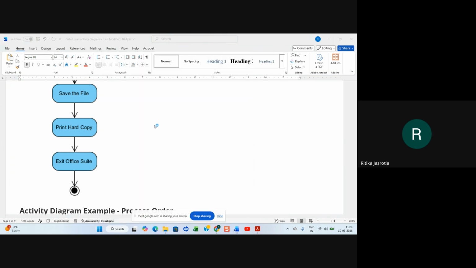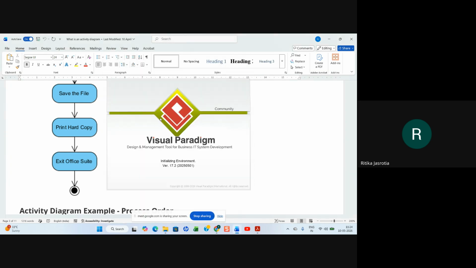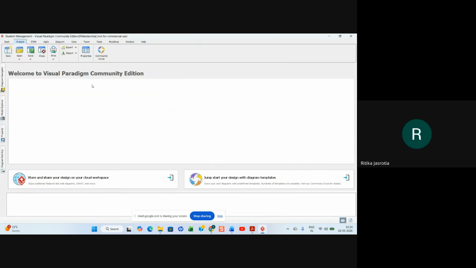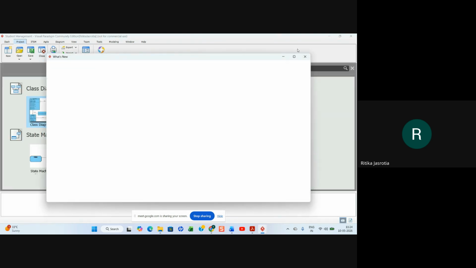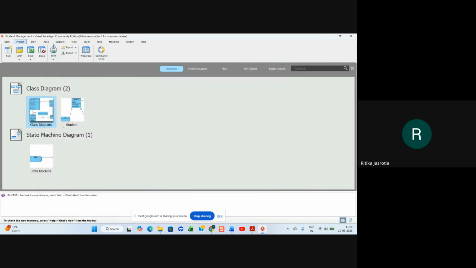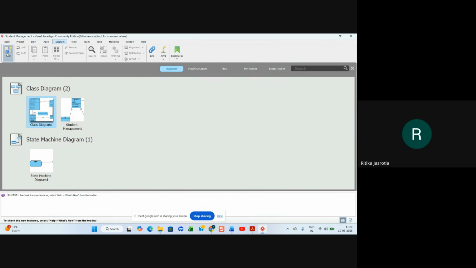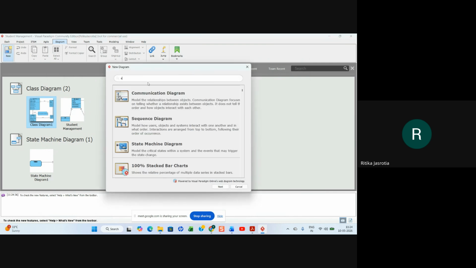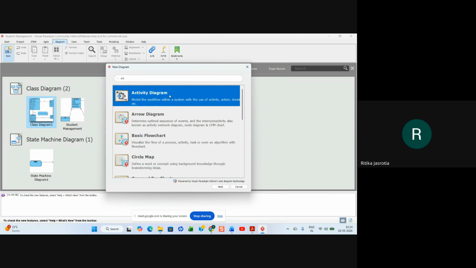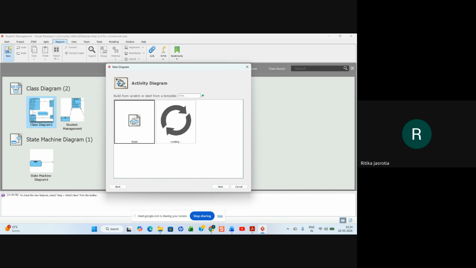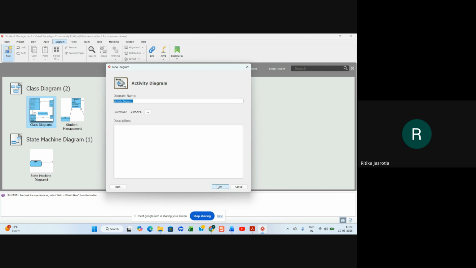Now, in our case, when we open our software, whatever software you are using, we will go to diagram, new diagram, and we will say activity diagram, and we are taking a blank diagram.